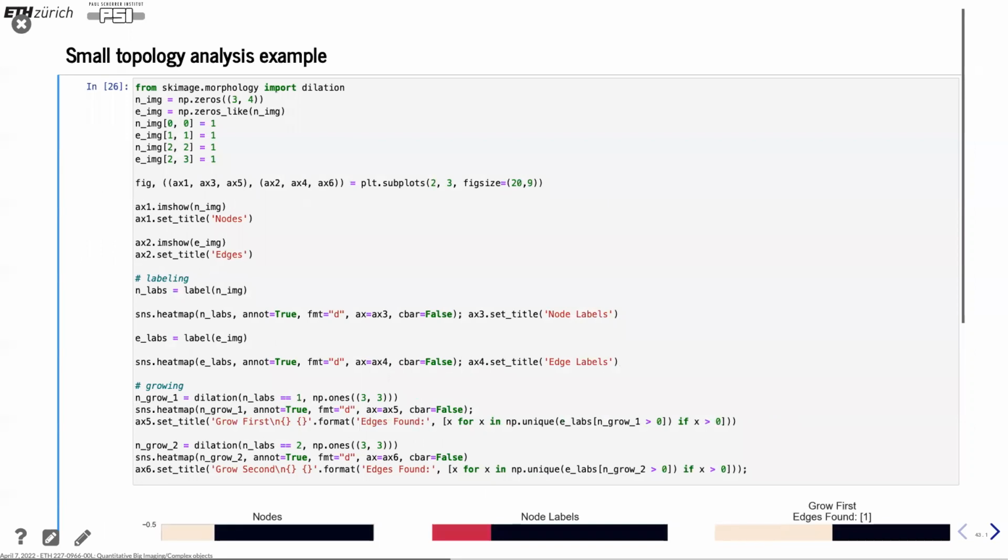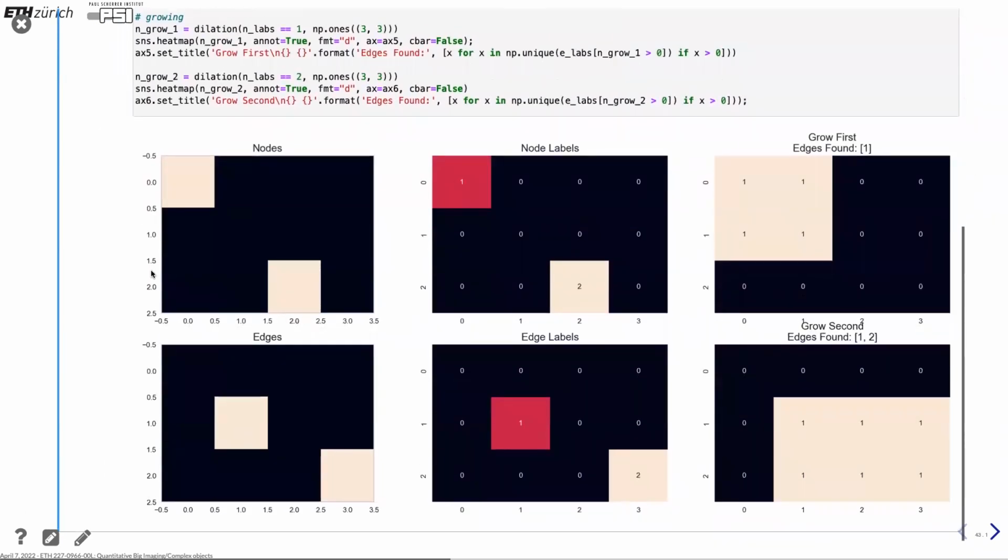And this was a lot of code, which I actually don't want to show so much in detail, but here are the same two images that we had before. We had the nodes and the edges like this. And running the labeling, we get 1 and 2. And now the interesting thing is that we do a growing, just applying a dilation. And then you get these edge objects